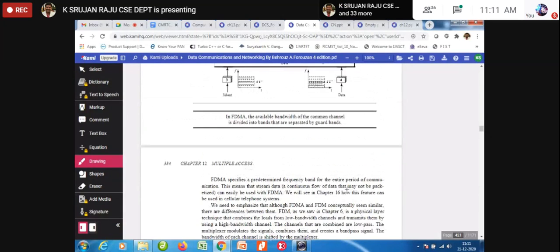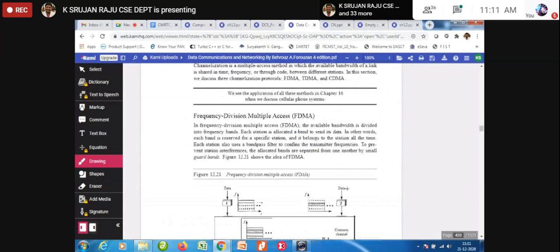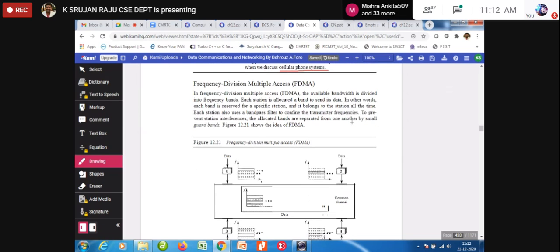Now, this is an important point about where we are going to use these majorly. How we use FDMA, TDMA and so on is in cellular phone systems, which we can discuss in detail in another chapter.